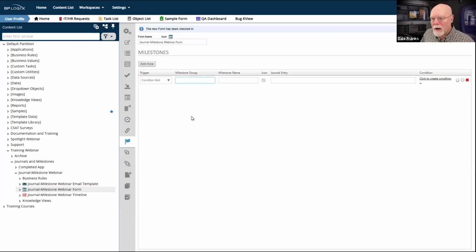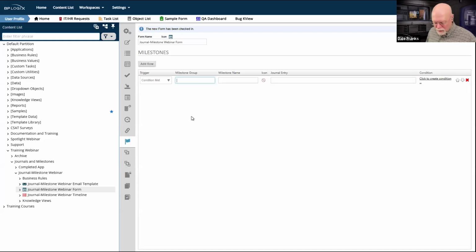Now I need a milestone group. Milestone groups are important. Just as we had those comment groups on the controls configuration, there's also a selector for the milestone group on the controls configuration. We haven't looked at it yet because we haven't created any milestone groups. Right now, there are no milestone groups. So simply by naming a milestone group in this box, we are going to create an accessible milestone group.